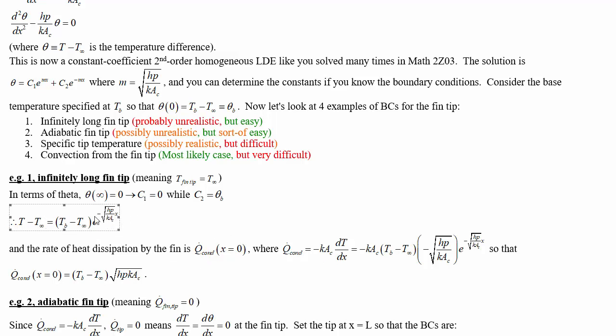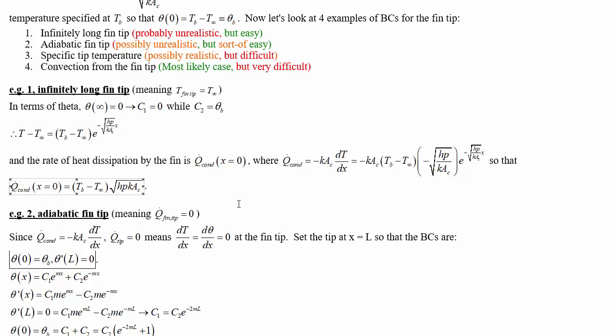So taking the derivative of this temperature distribution and then substituting x equals 0 leaves us with the heat dissipated by the fin as the base temperature minus T infinity times root of HPKAC. Okay, so this is the infinitely long fin result. We've got two things that we're possibly interested in, the temperature distribution and then the total heat dissipated by the